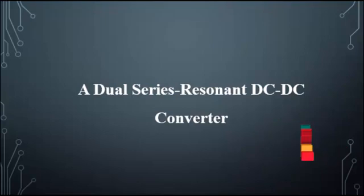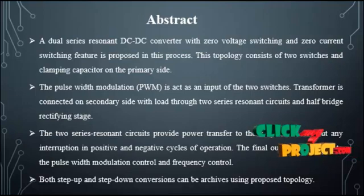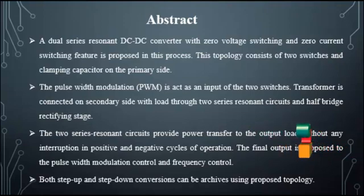Title of our product is a dual series resonant DC to DC converter. Abstract of our product: a dual series resonant DC to DC converter with zero voltage switching and zero current switching feature is proposed in this process. The topology consists of two switches and a clamping capacitor on the primary side of the isolated transformer. The two switches are operated in complementary mode under the pulse width modulation input signal from the controller of pulse